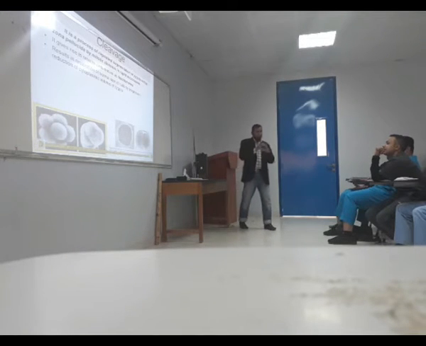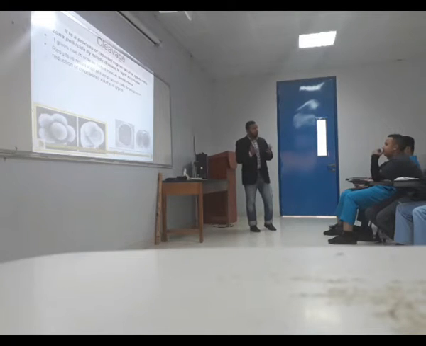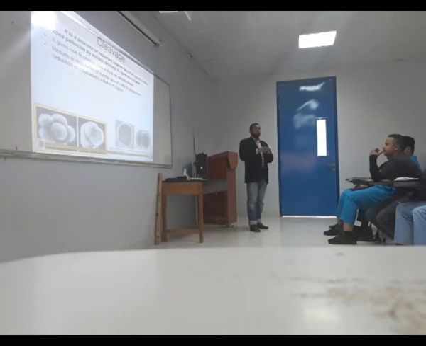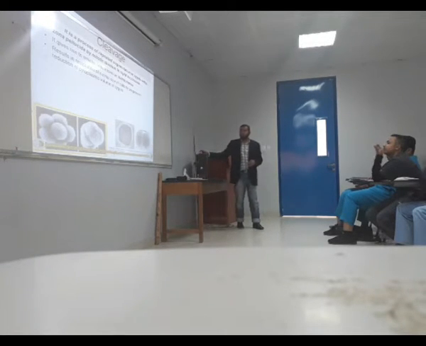Now, the zygote is the largest cell in the body. It is a huge cell. Even though it cannot be seen by naked eyes, if you compare it with the normal cells of the body, it is a very large cell. With this division, what happens? The normal size of the cell is restored. Because of the continuous division and segmentation, the blastomeres come to normal size, because of the reduction of the cytoplasm.